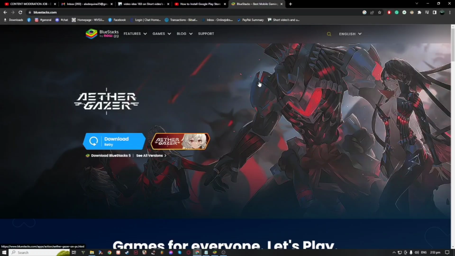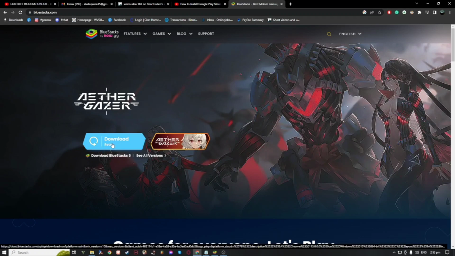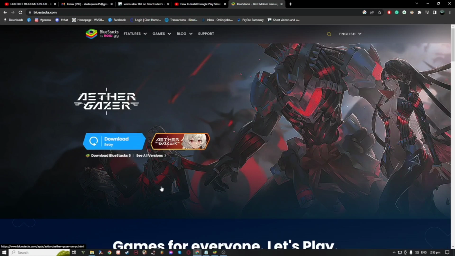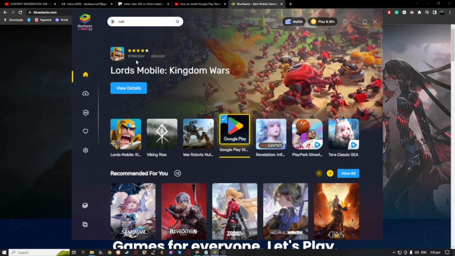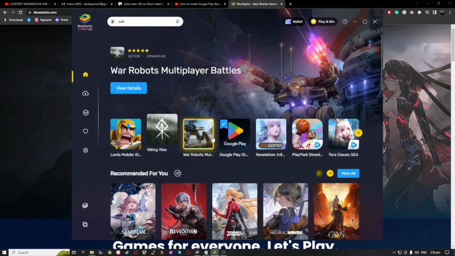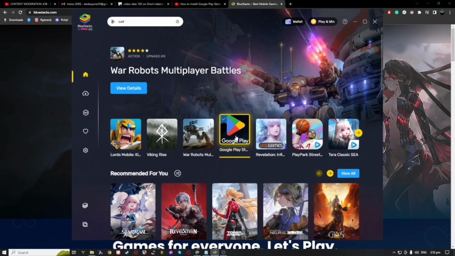So to download Google Play Store in your PC, you would need help from the emulator called BlueStacks. So go to the BlueStacks and just download it like here. Since I have already downloaded it, it will show a retry. So if you have already downloaded it, this will be the face of the BlueStacks, and you can see here